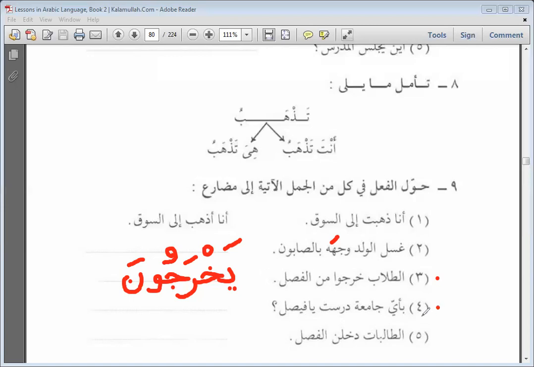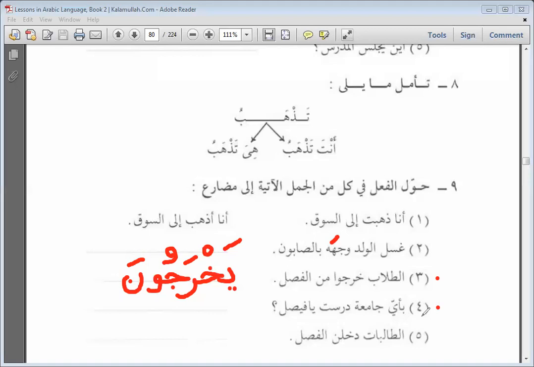رقم 4. Anybody want to try it? Let me read it first. بأي جامعة درست يا فيصل. درست is past tense, right? بأي جامعة درست يا فيصل. Single dhamma, okay? Because of the ya. Who wants to attempt that? أي جامعة